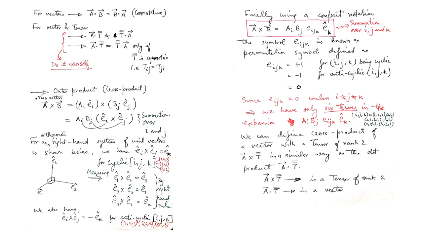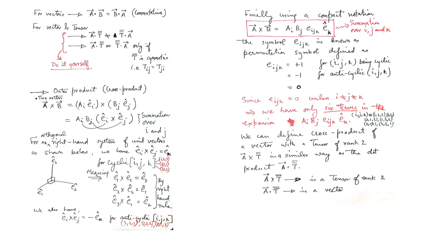Now we move on to the outer product, which in common language we call the cross product. I will go through this also quickly, since you already know ideas related to the cross product. If you have two vectors, A cross B, we write them as Ai ei cap, Bj ej cap, with the cross product in between. So again, we can write it as Ai Bj and ei cross ej.